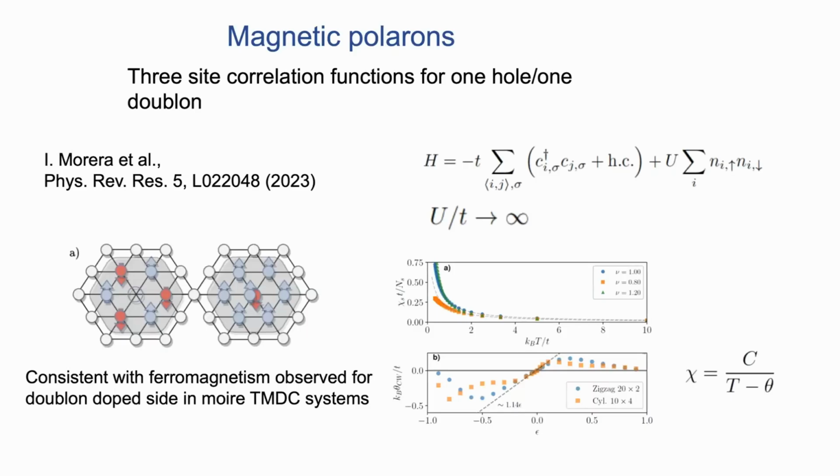And so now we can study this model at finite doping. So here what was done was an analysis of cylinders, using DMRG, finite width, like 4. And one can then write susceptibility in exactly this Curie form and compute theta as a function of doping. And just as we would expect, exchange is equal to 0 exactly at half filling. So epsilon is doping. We see theta is equal to 0, no magnetic interaction. But when the system is doublon doped, we see ferromagnetic interactions. And when it's hole doped, we see anti-ferromagnetic interactions.